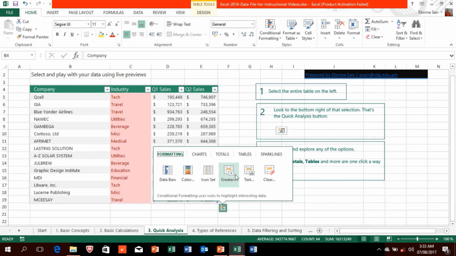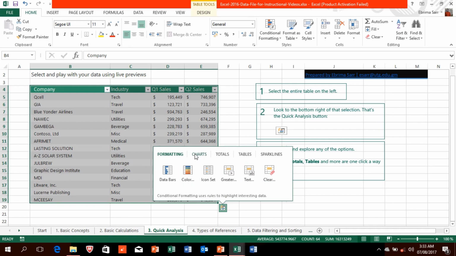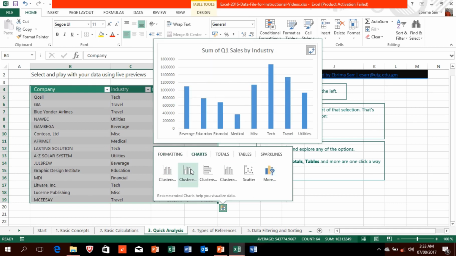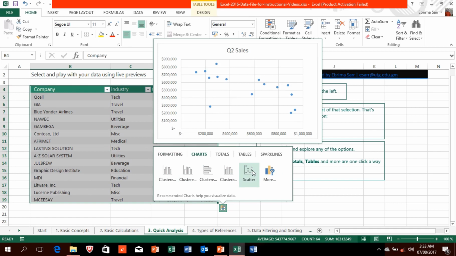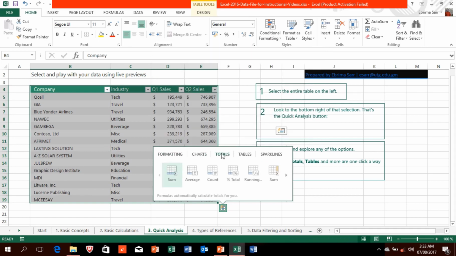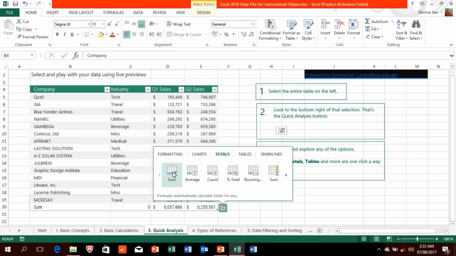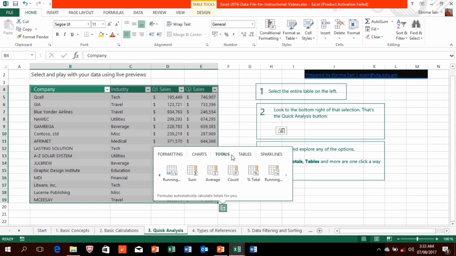The other thing you could do here, you can go on the chart and you can see a preview of various possible charts that you can utilize for that particular data. Or you can access the totals. For example, if you get the total, notice here it has a new column called sum, or average, or counting, or percentages, or running total. So this is another way of utilizing some of the functions that we learned manually, but from a single